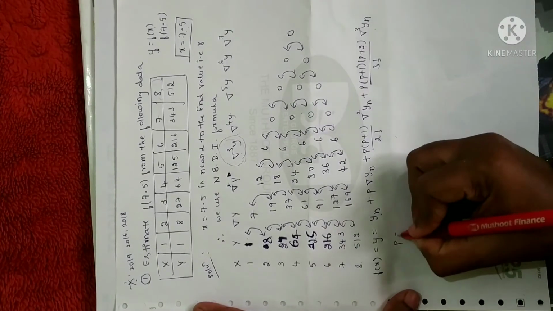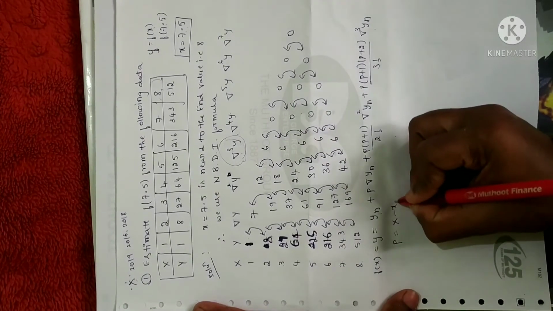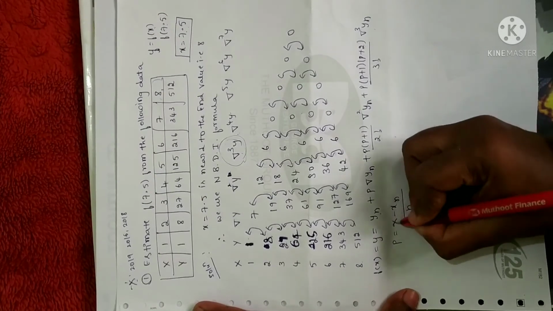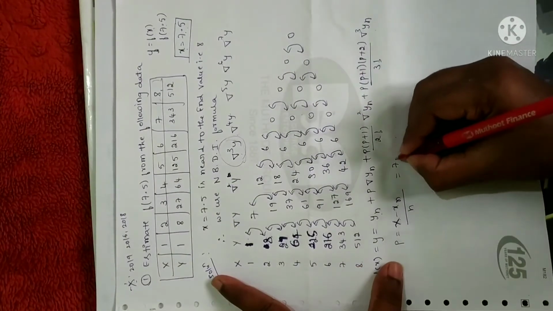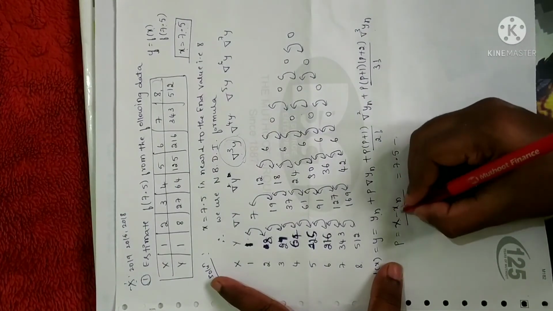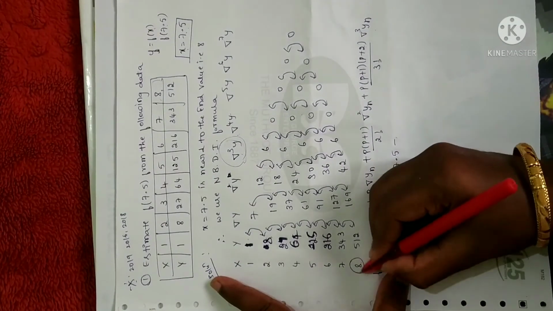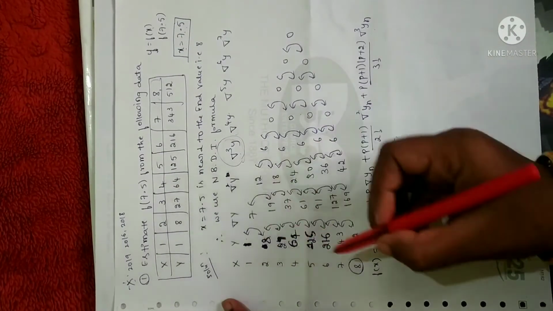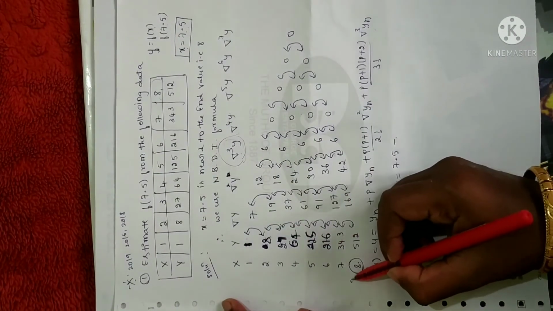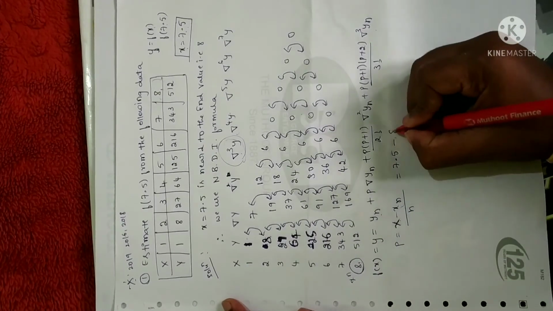And now let me calculate p. The p value is none other than (x minus xn) divided by h. So x is none other than the unknown quantity. It is 7.5 as usual. Now xn is nothing but the last value. In the previous one, that is in forward difference, x naught is the first value, and xn is the last value, so xn will be 8. So I'll just substitute here.